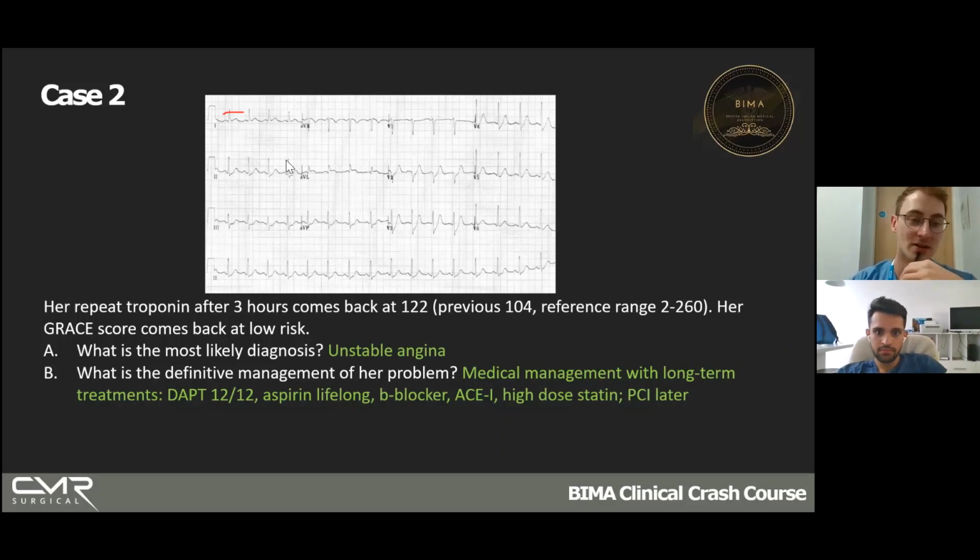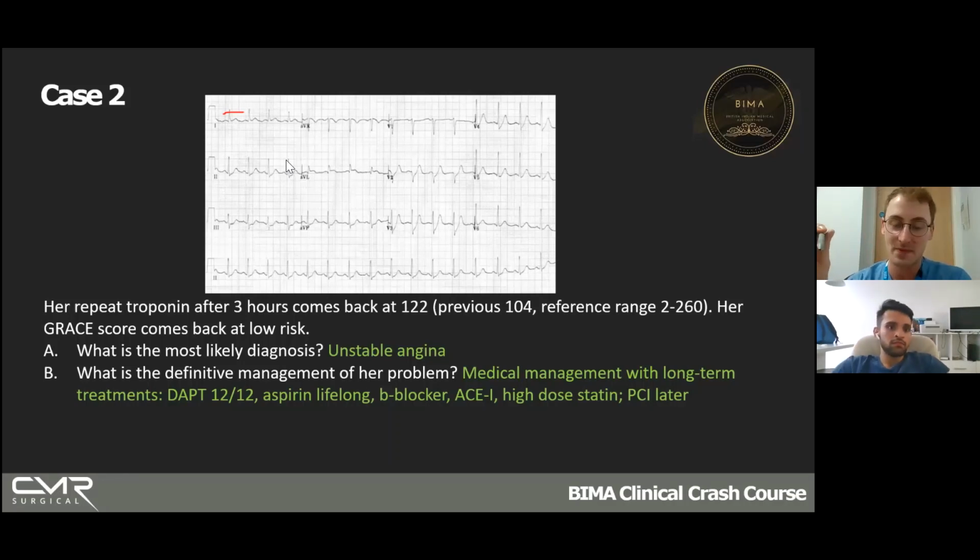If troponin does not rise very quickly, does that mean it is unstable angina? Yeah, so this is where troponin is tricky. We mentioned how ACS is very clinical in the diagnosis, basically. So the catch with troponin is that you have to interpret it in the right clinical context.